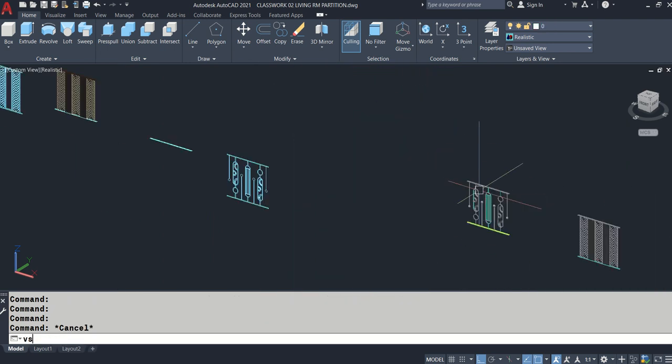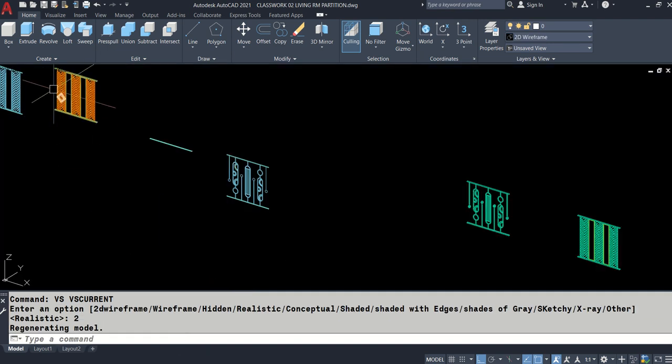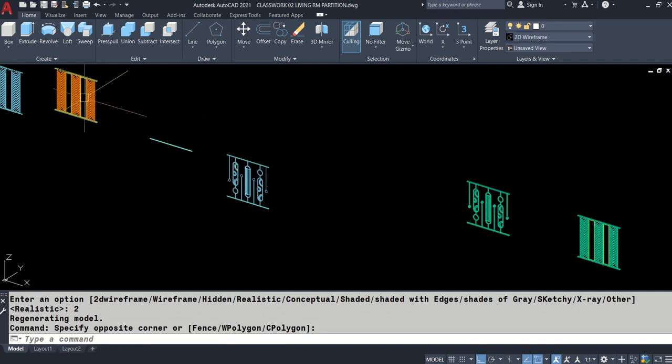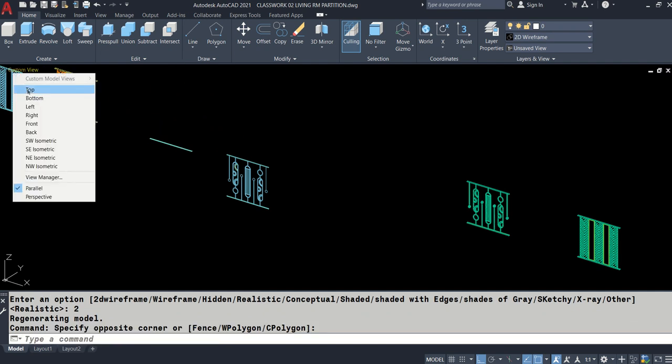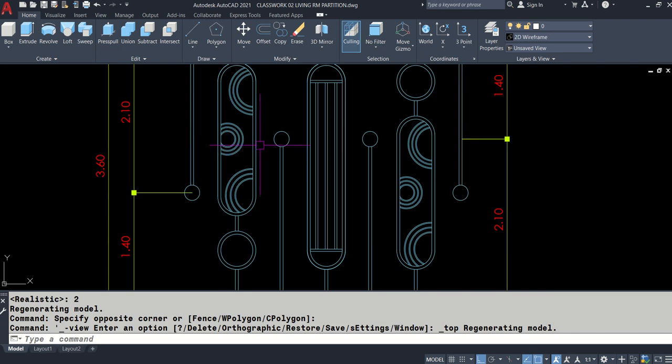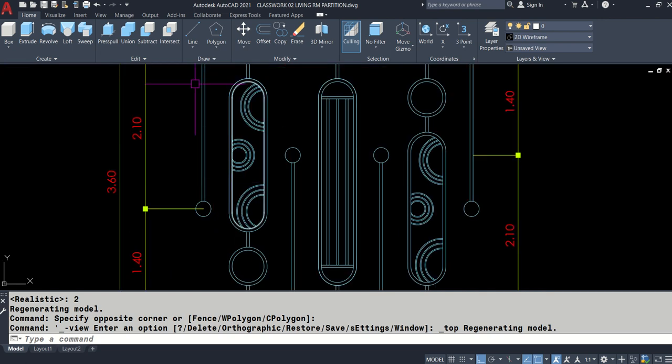I'm going to type VS to change my visual style into 2D wireframe. Actually, I also use this one, but that's the command counterpart. Then, punta ako sa top view. Okay, so this was my object. Okay, ito yung 2D ko. Now, ang ginawa ko dyan, para maging buo siya,